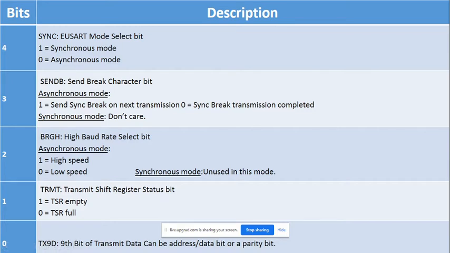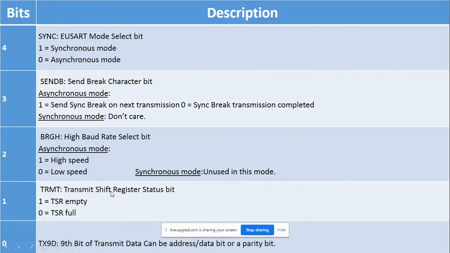Actually, once you set the baud rate as per your choice, for example in our example we are considering a baud rate of 9600, all bits will transfer at the same baud rate, that is 9600. In that case we place this particular bit as 0. Suppose you make this bit 1, that means high speed, so whatever baud rate you set gets doubled. If you set the baud rate to 9600, it gets doubled, and bits will transfer at double the baud rate. Next one is bit number 1.